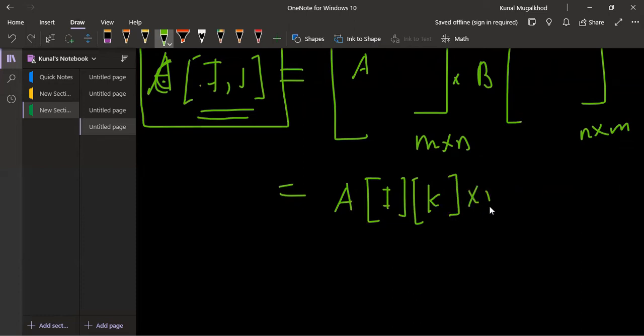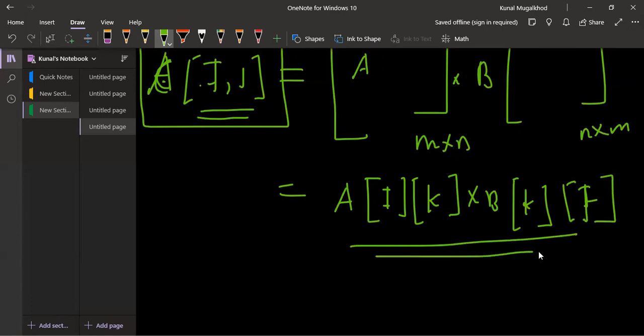Similarly for B, you consider the kth row and jth column. That is the formula to compute the element C of i, j at that particular position of the matrix. So this is the formula to calculate that.